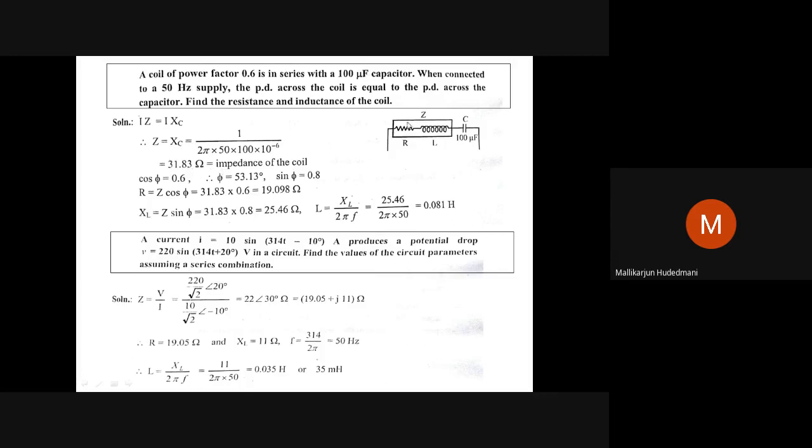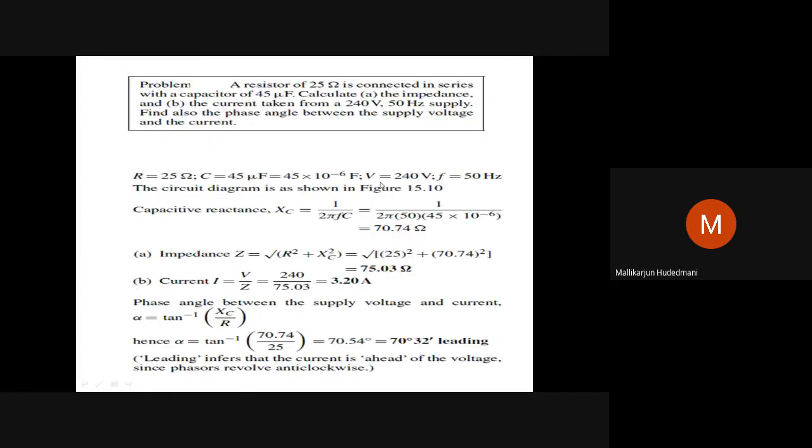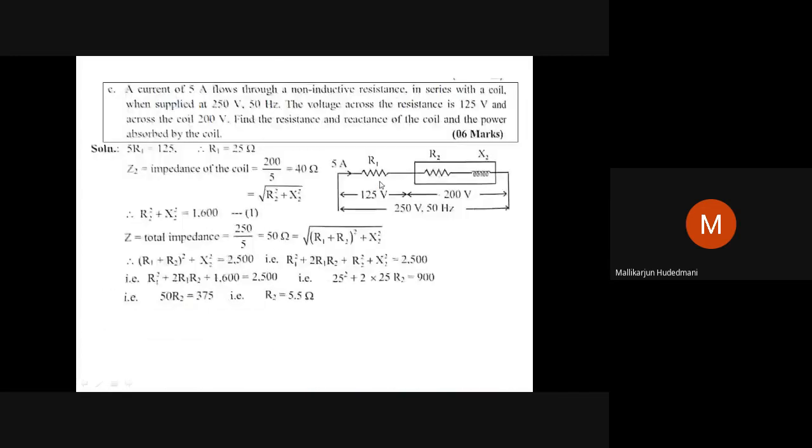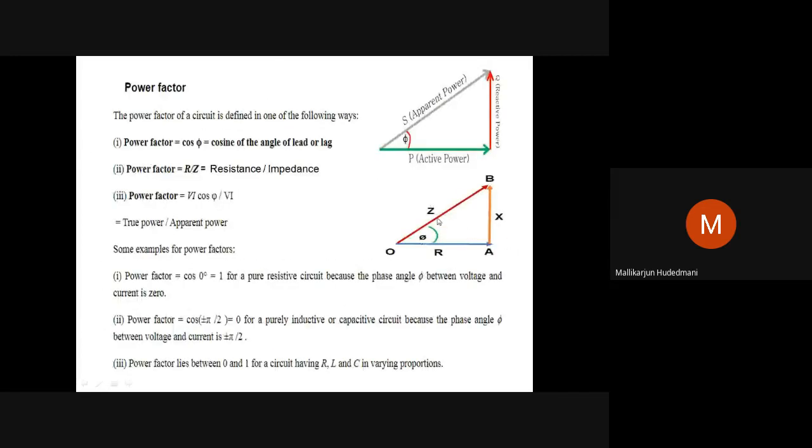Now, from this Z value obtained, how to get R, how to get L? For this, again, you go back to the power triangle. Let me go back and tell you. You got Z. You need to know R. You need to know X. So Z cos phi is R. Z sin phi is XL. So from the given Z, if I know this angle, Z cos phi is R, Z sin phi is XL. Then this angle must be given.